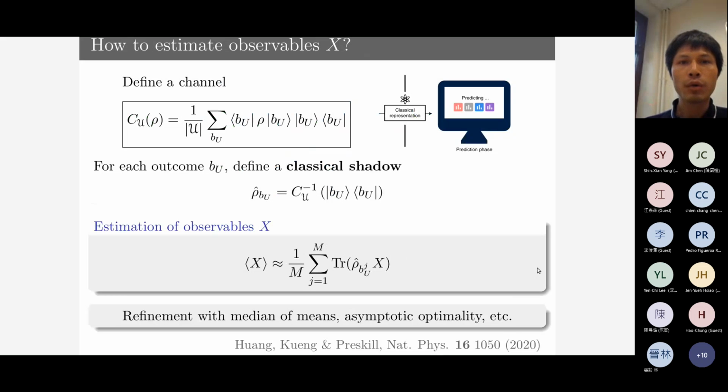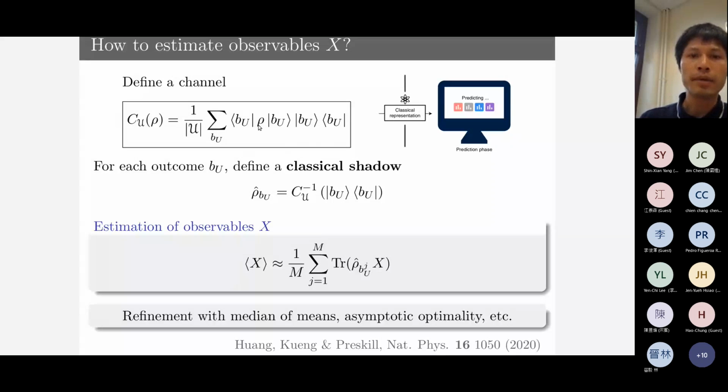And how does it work? How do we process this, for example, to estimate an observable X? Now I describe the technical calculation one has to carry out. I will try to explain it a bit later, and this is actually the main part of our talk, to understand this formula. So first, we define a channel which acts on the state of the system, which is simply given by this formula. How does it treat